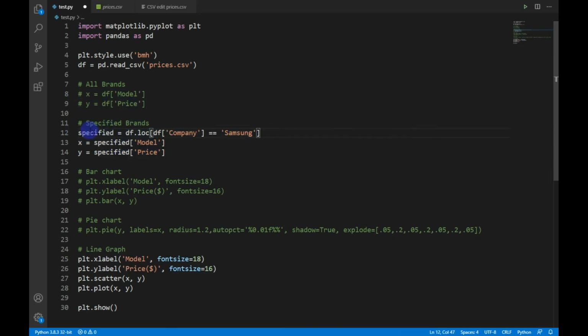Now in the specified brand section, I can specify the company I want to select, and only the mobiles of that company will be used to generate the graph.